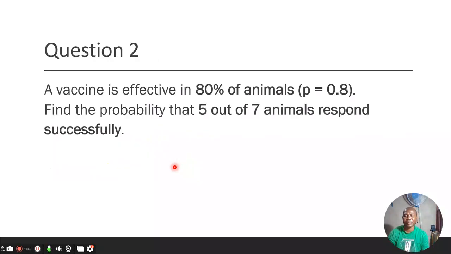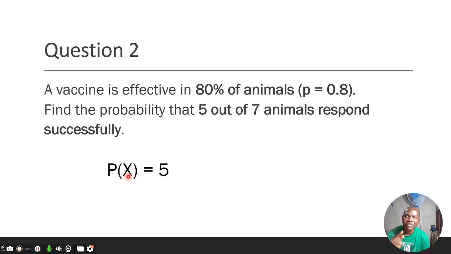Now let's see another example. A vaccine is said to be effective in 80% of animals, and here we are given the probability of effectiveness, which is 0.8. So we have to find the probability that 5 out of 7 animals actually respond successfully. The same way we are going to follow our steps, but before then we need to express this mathematically